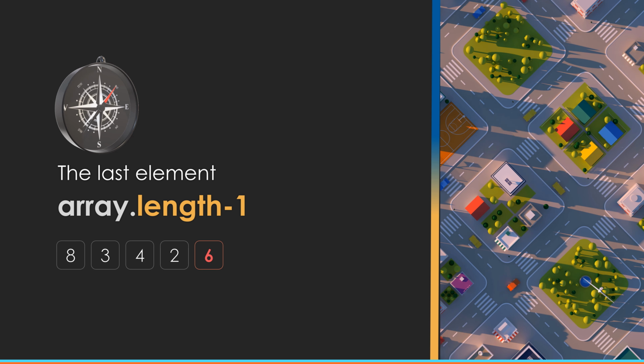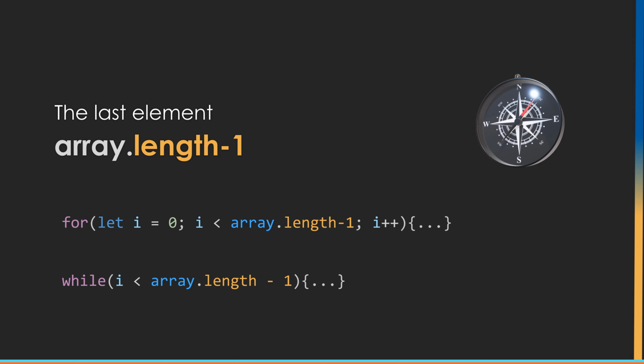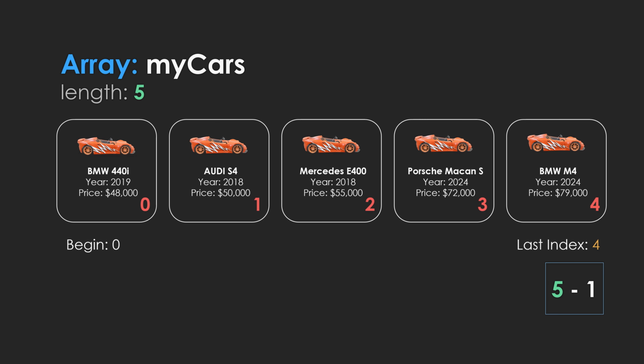In the final part of the video, we will discuss how to use length -1. It is really important to understand this concept because it is frequently used on array operations, loops, and algorithms. In this example, we have an array with 5 cars and the last index is number 4 because the array starts on the index number 0. In other words, we can represent the last index as length 5 -1.